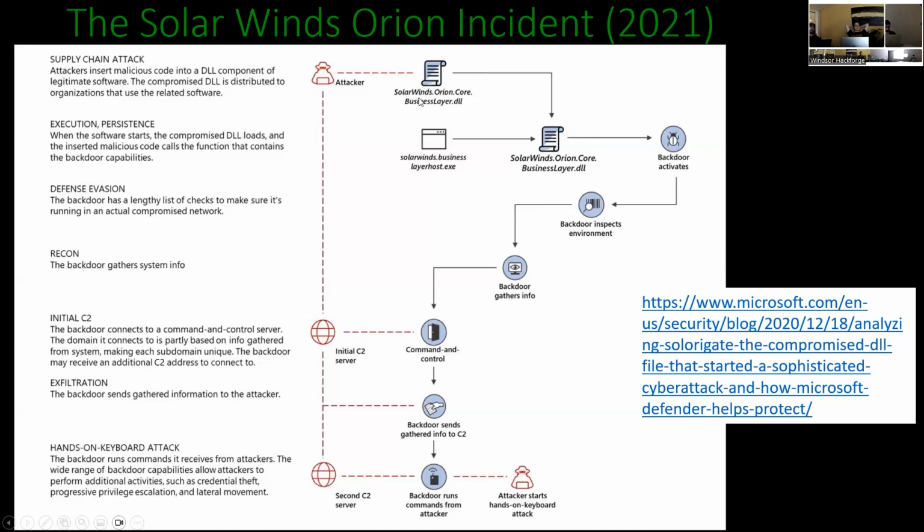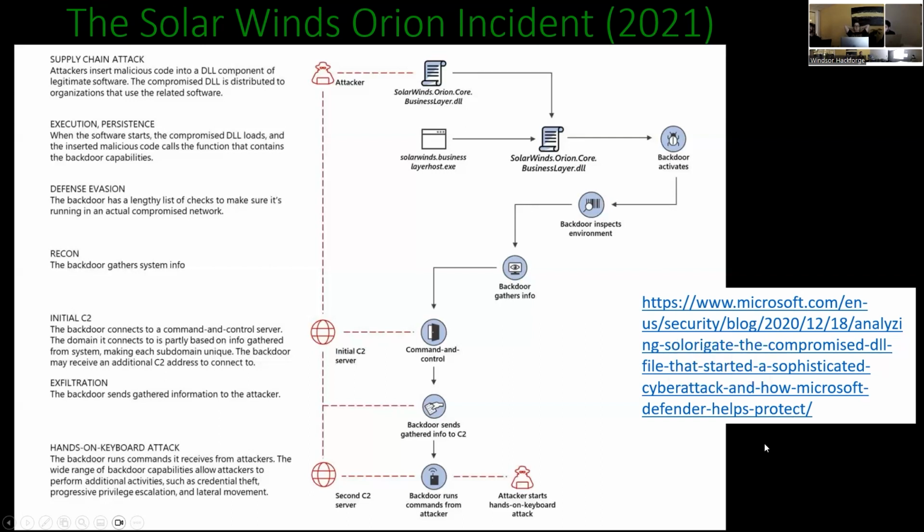DLLs are the libraries that your Windows applications will use. So they put a tainted DLL onto that update server, and then that DLL got distributed to customer sites. So by just updating SolarWinds,